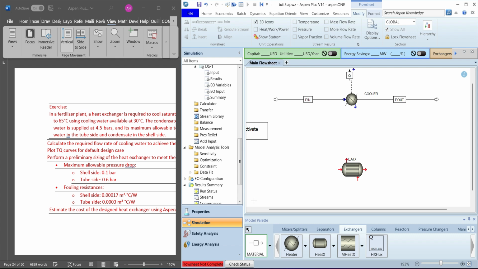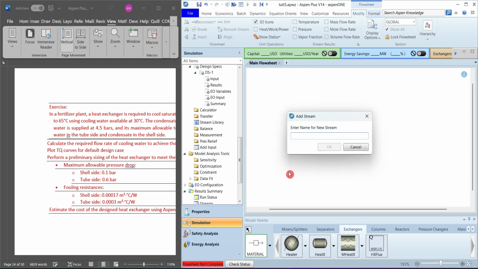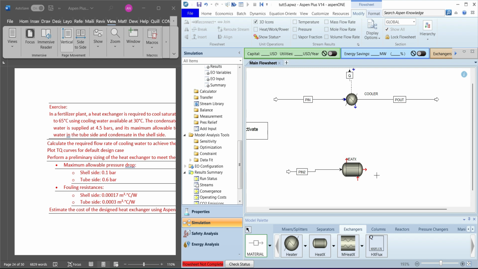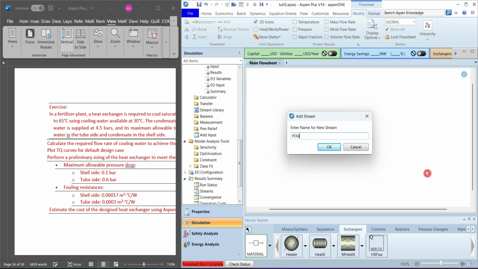Take a material stream, and if you take the cursor to any input port, let's say this is the tube side, it also requires the hot fluid. So that means when we are working with this simulation, we have to put the hot fluid in the tubes because we have selected that particular icon from the available models. So let's say P in 2, use this or as you prefer. Similarly, the process outlet stream, P out 2,